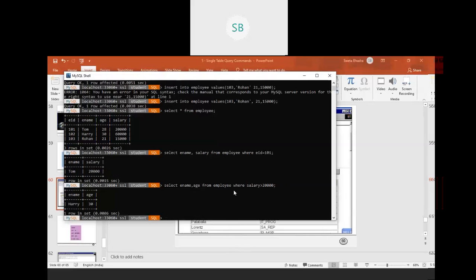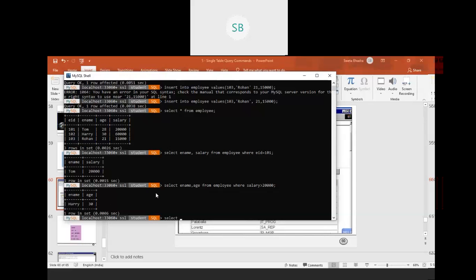So I have given a statement. See, I am using the conditional operator also. So I'm writing select ename, age from employee where salary greater than 20,000. So I'm getting only Harry because he has a salary of 60,000.